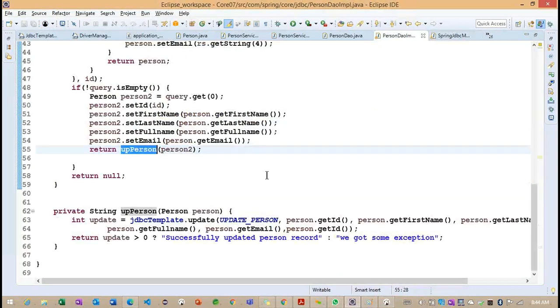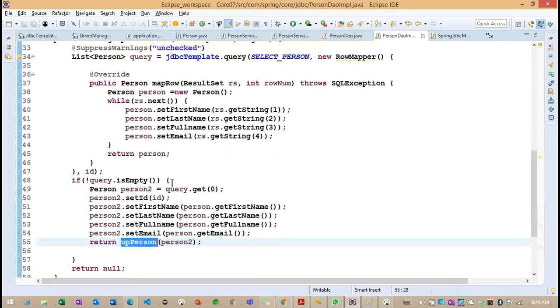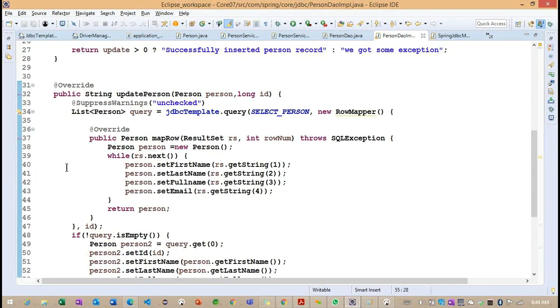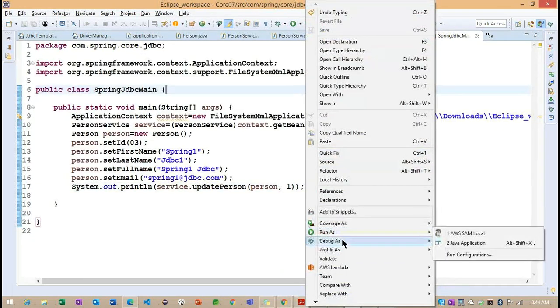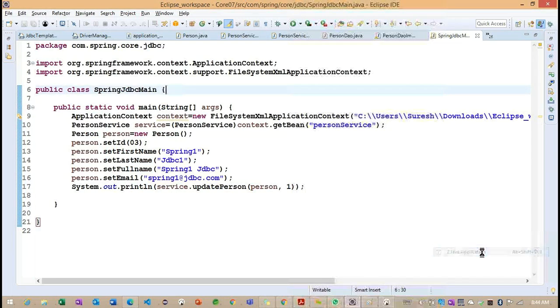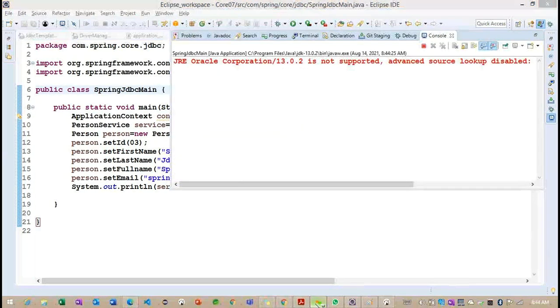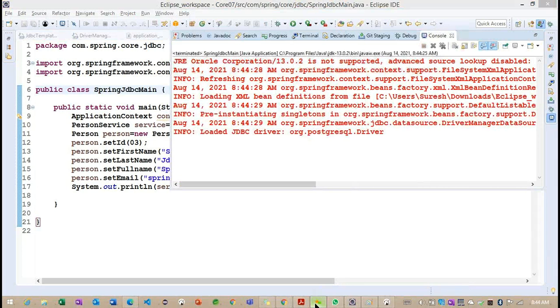So what we can do, we'll put a breakpoint here and see what records we are getting. Here I'm adding a breakpoint and we'll run with debug as a Java application.